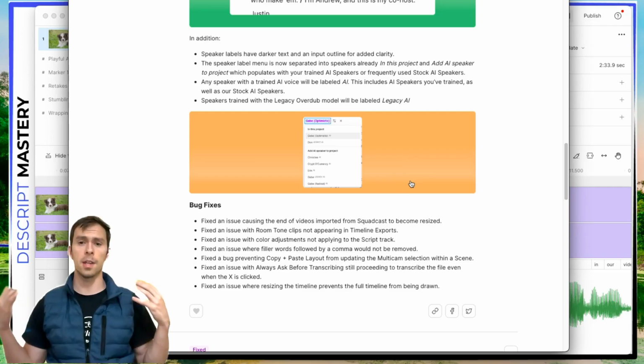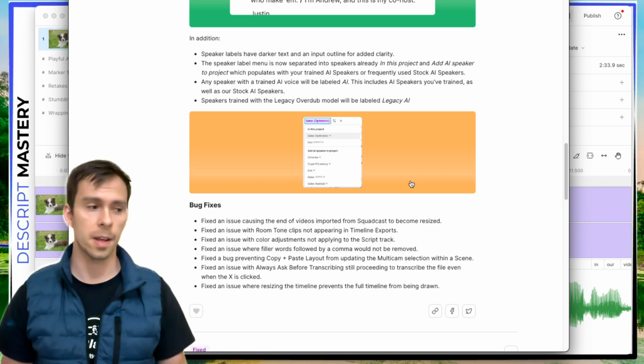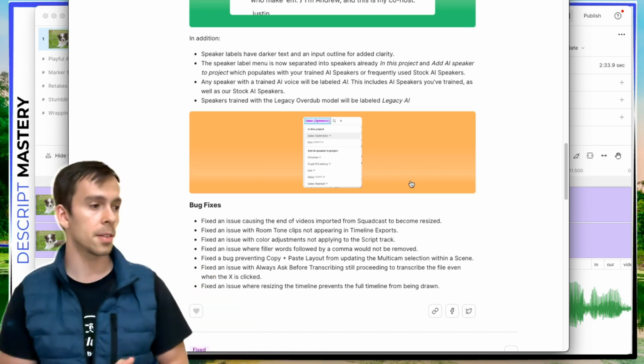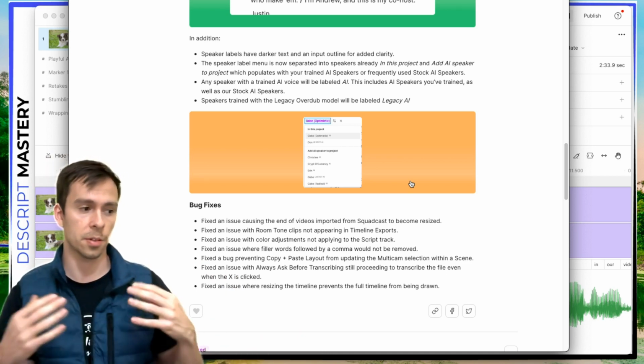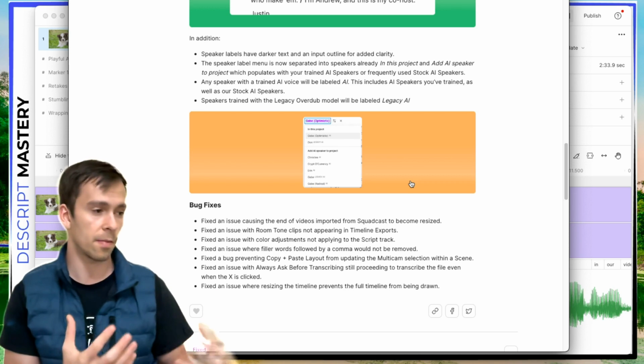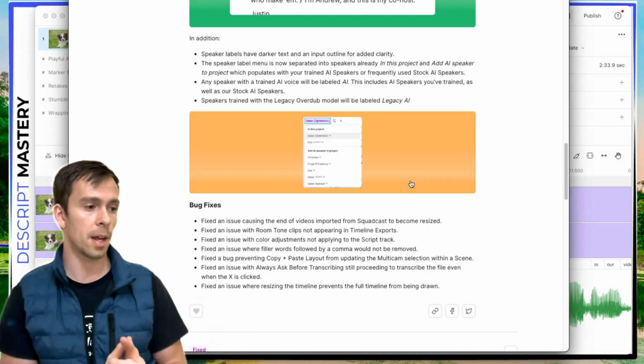So that's it for the UI updates and the functionality updates. We also have some bug fixes, and I'll go ahead and read these. We have a fix for an issue where the end of videos imported from Squadcast would become resized. That's been fixed. An issue with room tone clips not appearing in timeline exports,